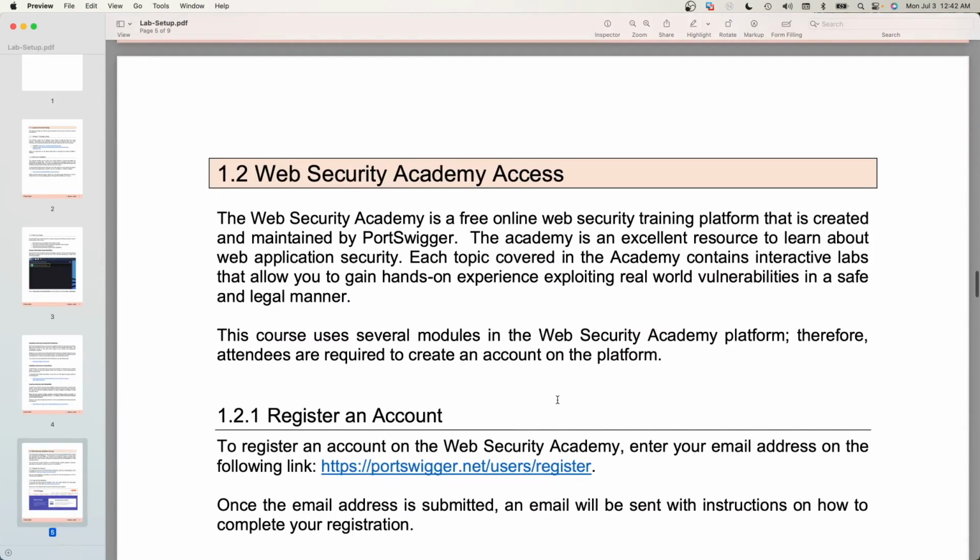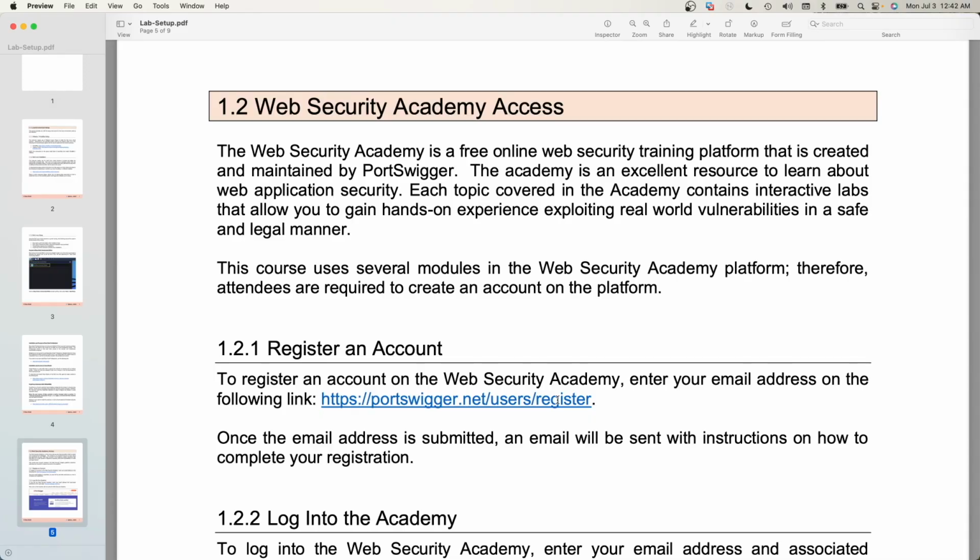And then the next section over here talks about the platform that we're going to use in the labs. So we're using the PortSwigger Web Security Academy. It's a free online web security training platform. And again, it's created by PortSwigger, the same organization that creates the Burp Suite tool. It's also the same authors that wrote the Web Application Hacker's Handbook, which I'll talk about quite a bit in